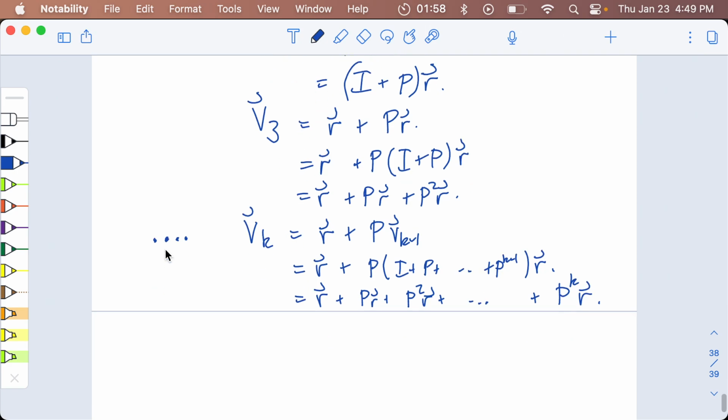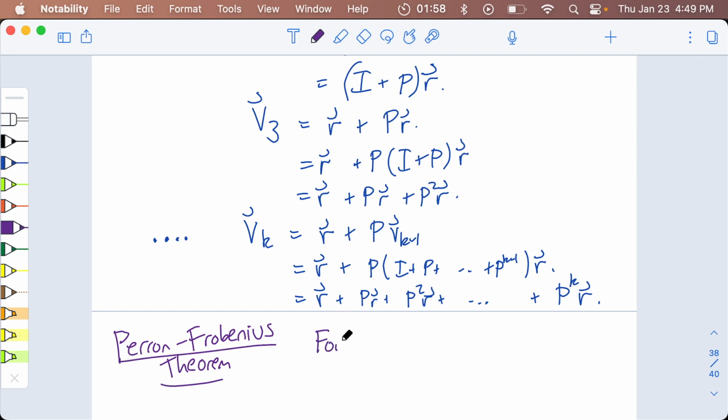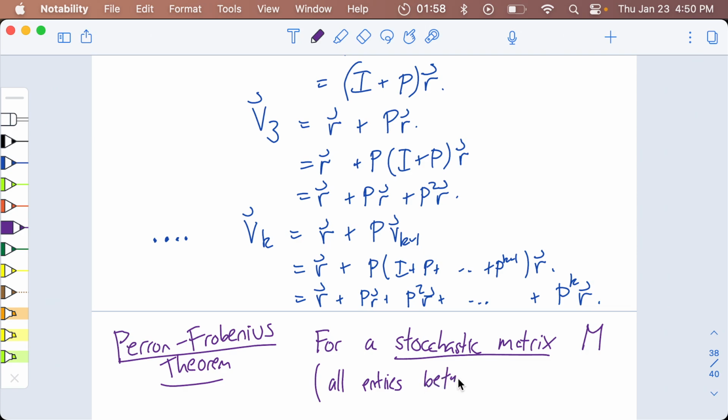So let me give you a little thing if you're worried about this kind of thing. There's a theorem called the Perron-Frobenius theorem. This is, again, very technical, and it explains why these things work. And the Perron-Frobenius theorem says, for a stochastic matrix, let's call it M, and a stochastic matrix means all entries between 0 and 1, and rows sum to 1. So any matrix you make that has this property, that all the entries are between 0 and 1 and the rows sum to 1, it will have